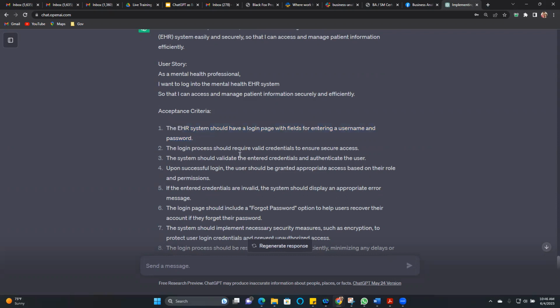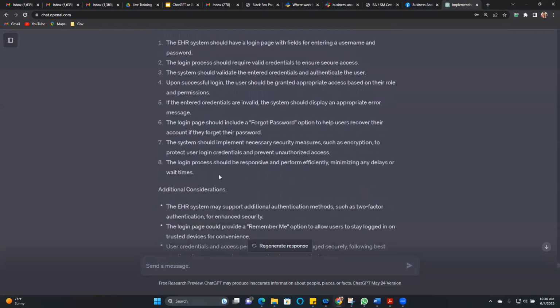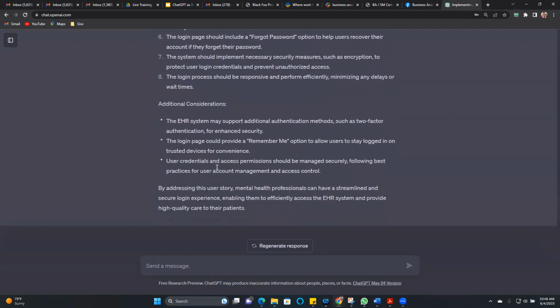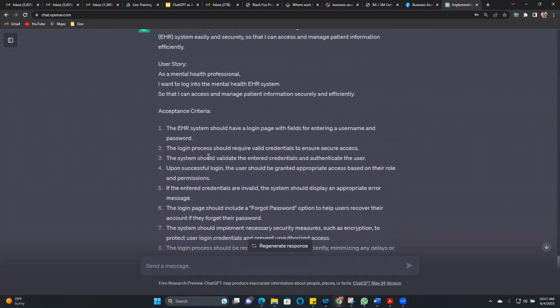The login process should require valid credentials to ensure secure access. The system should validate entered credentials. The login page should include forgot password. The system should implement necessary security measures. The login process should be responsive and perform efficiently. Additional considerations. So again, they give you a lot of basic information that you would have